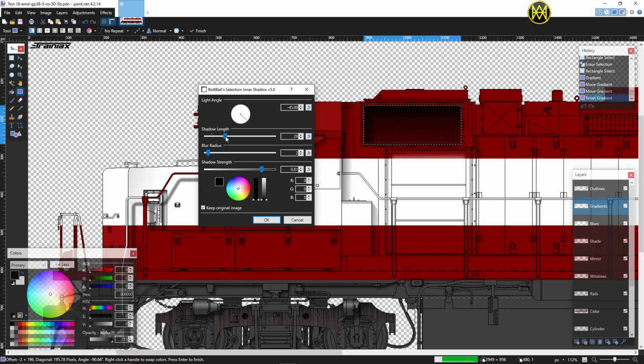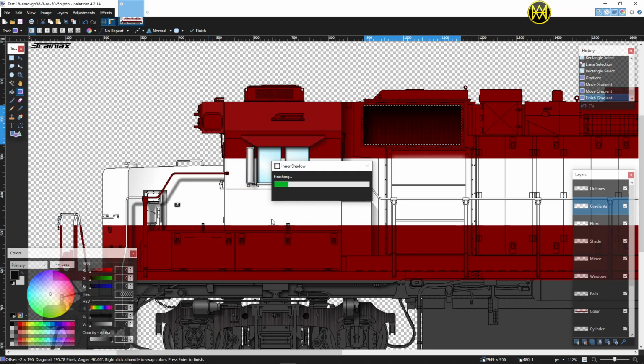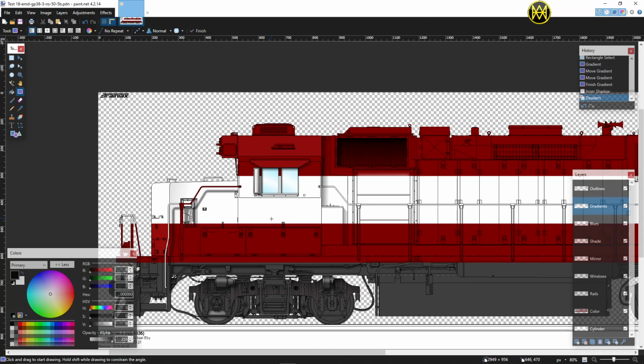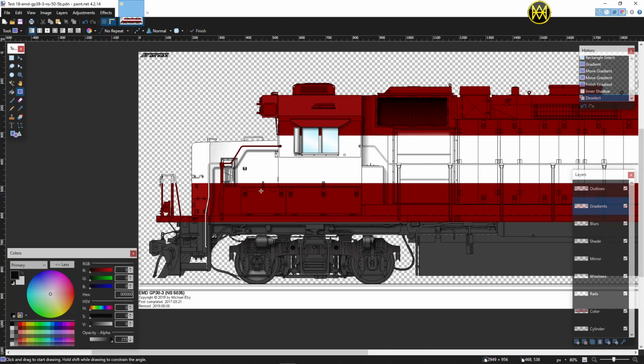But it's really, really nice. And you see what it's doing already. So I'm just going to go ahead and select that for right now. And there we go. Already, we've taken shape. Okay. Now, there are other areas in here that we can work on. It's not perfect. I'll worry about that later. But what I'm trying to do right now is just give you an idea of the different things that